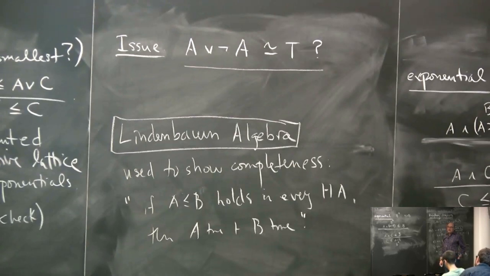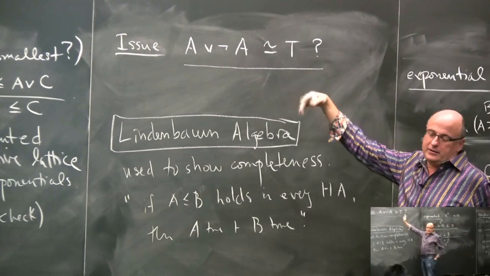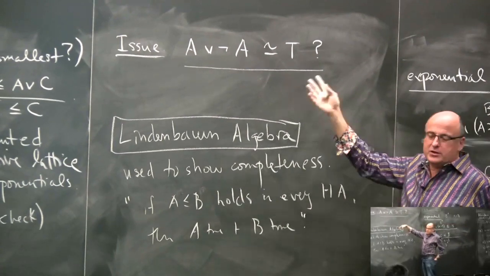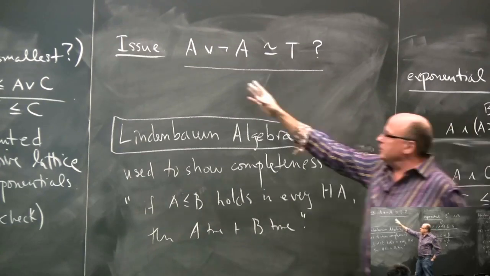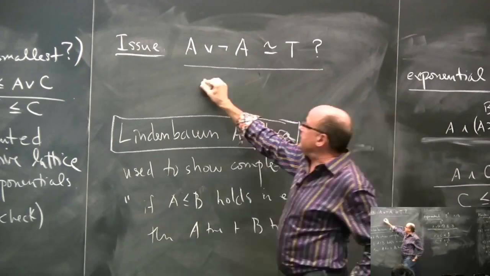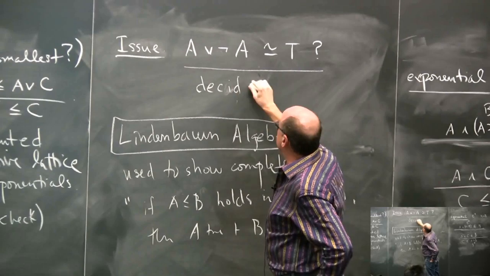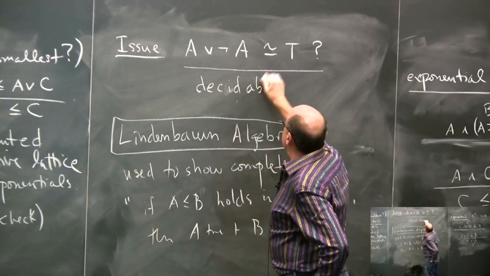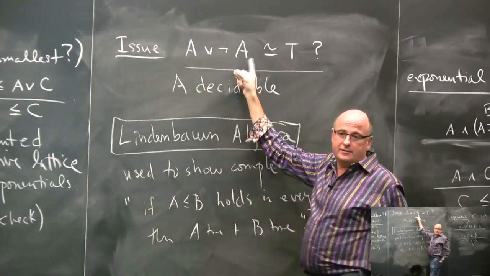In fact, the whole subject of HoTT depends on this fact: not just for Heyting algebras, but more generally in HoTT, you don't have a global principle of what is called decidability. This is called the decidability of A, pronounced as A is decidable. A is a decidable proposition: you can decide either it has a proof or a refutation.